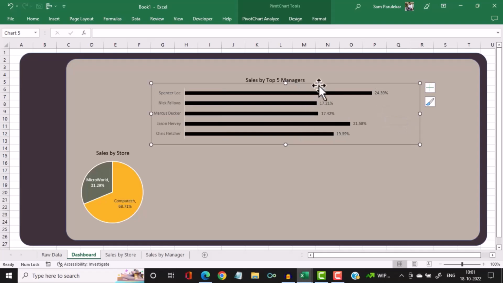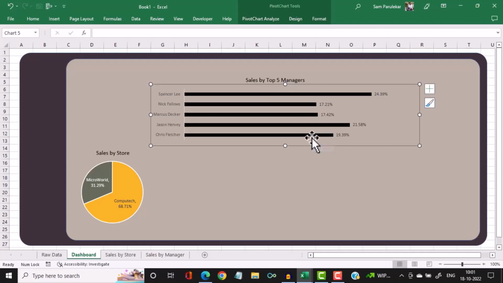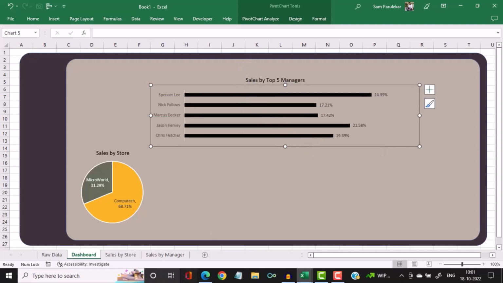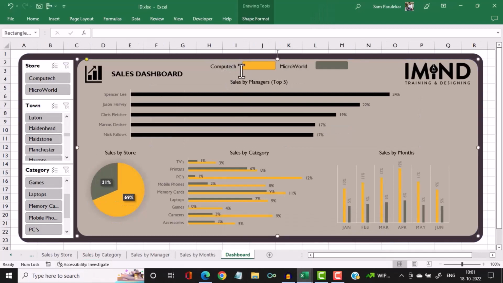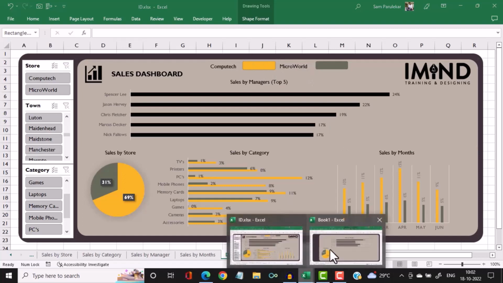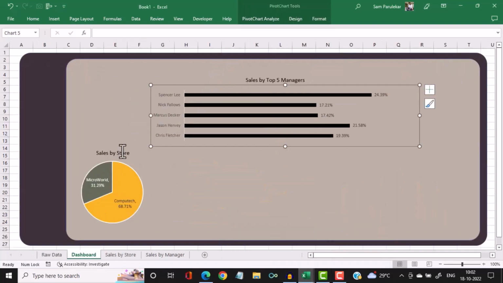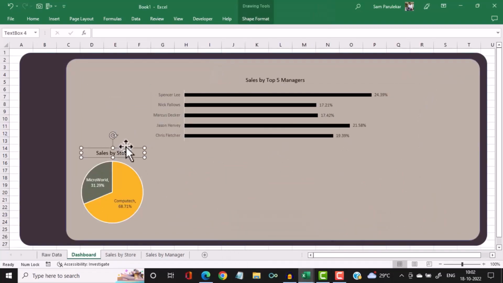Okay, so sales by manager is also ready. Now on the top we want to make those legends something similar to this, Computech and Micro World and their rectangular box. So we want to take this slightly down so that we can make space for Computech and Micro World. So we come back to our sheet and we just copy this, paste it here,